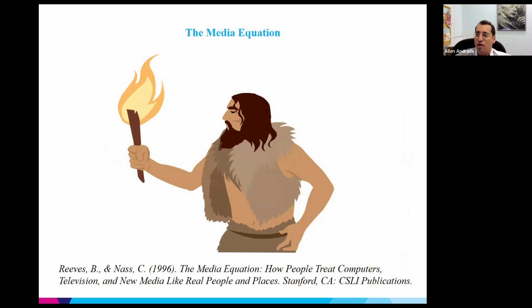Well, it all comes from the primitive mind, and Reeves and Nass in their media equation try to encapsulate this concept: as a caveman, if you saw stripes rustling in the grass, instead of going to see what it could be, the primitive mind would recognize that it could be danger, it could be a tiger or some sort of animal, and you just run for the hills, rather than go to see what it is, because seeing stripes in the grass could signal danger,